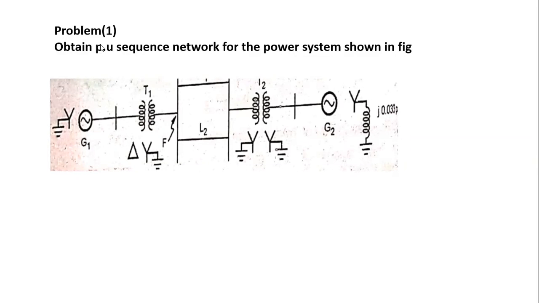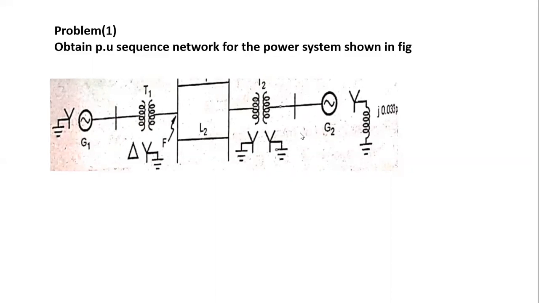Therefore, coming to the first problem: obtain per unit sequence networks for the power system shown in the figure. We are obtaining the per unit sequence networks. This power system can be converted into the equivalent symmetrical components or sequence networks. That means all the components will be converted into the positive sequence, negative sequence, and